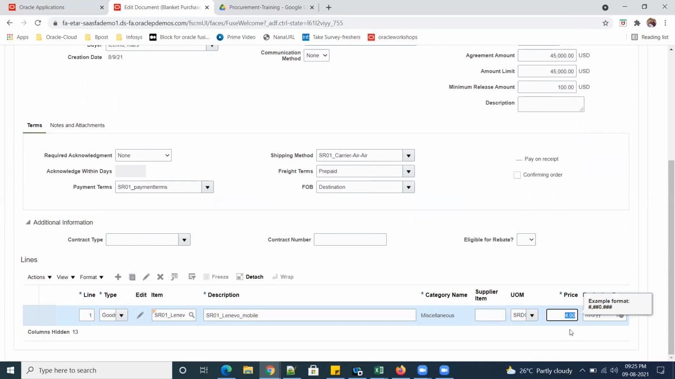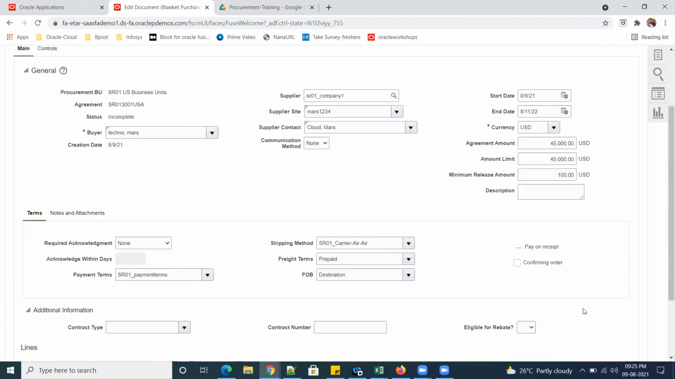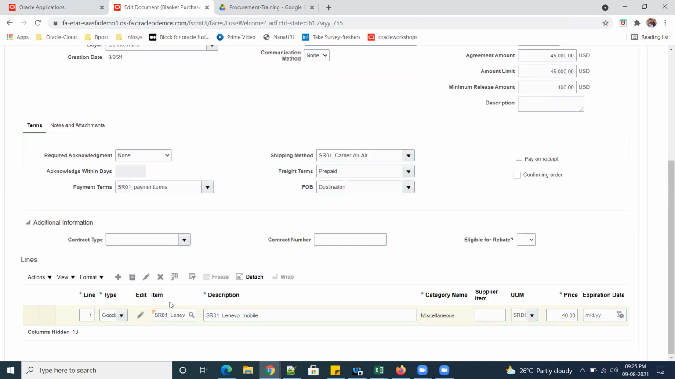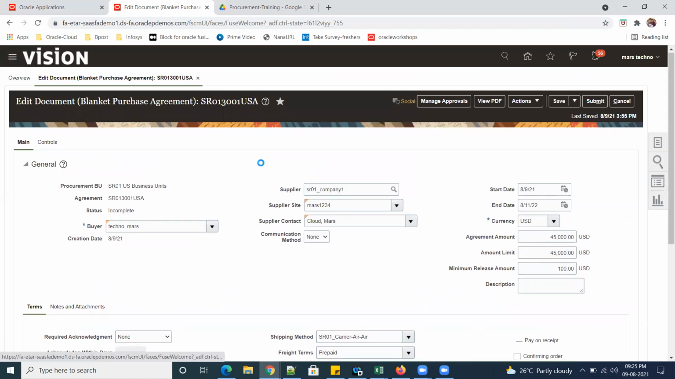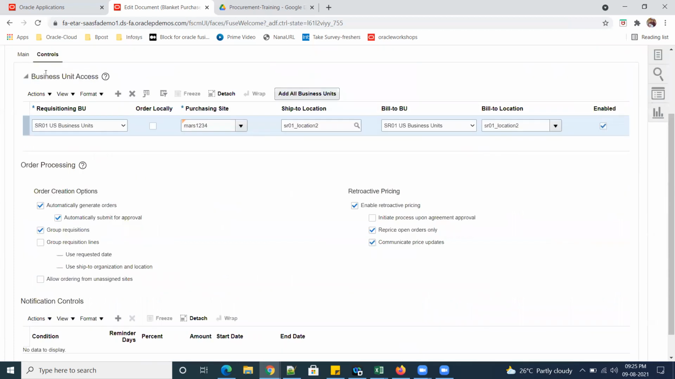If you want, you can change it. So let us say $40. So this is the price we are going to make an agreement for the specific item with the supplier. Along with that we have controls. The controls, for example, will show what is the requisition BU,